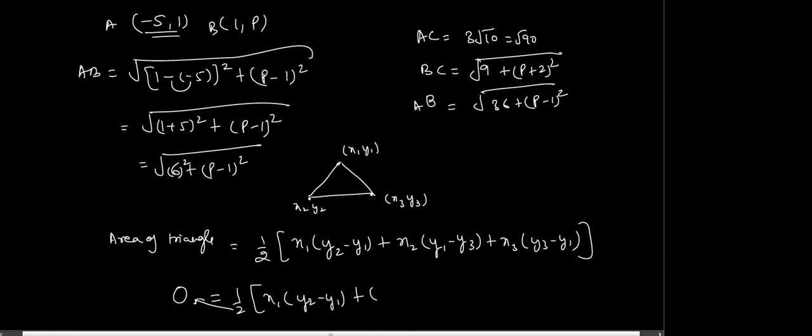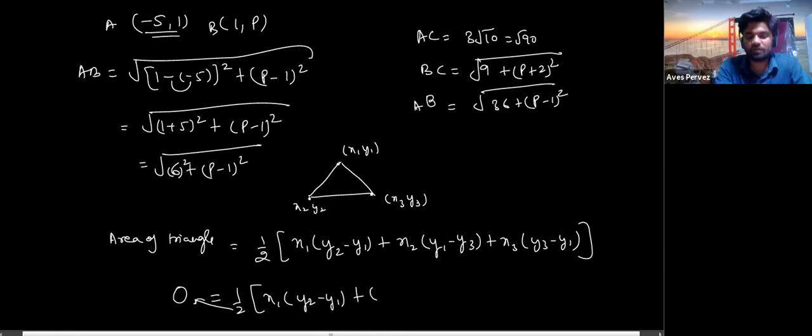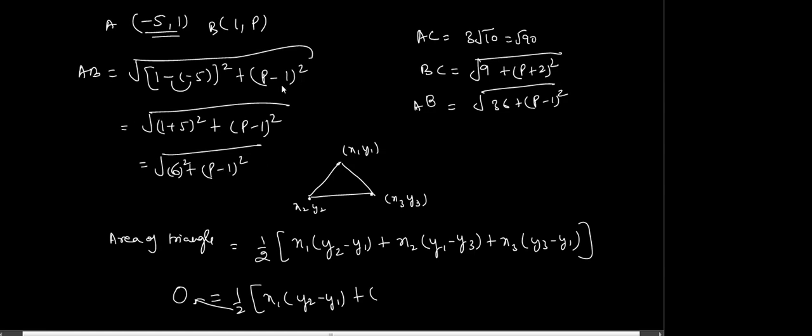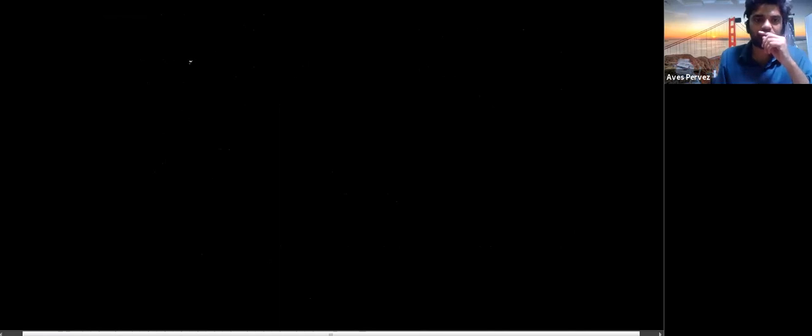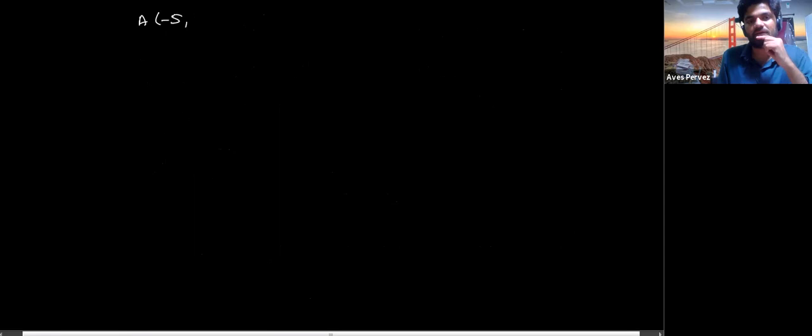Sir, if you want, you can solve, I will solve side by side. You are not able to solve? Okay, let me solve this one. Wait a minute. Can you please tell me the coordinates of the points? A was minus 5 and B... P was in the middle, no, it was not P. So let me check.